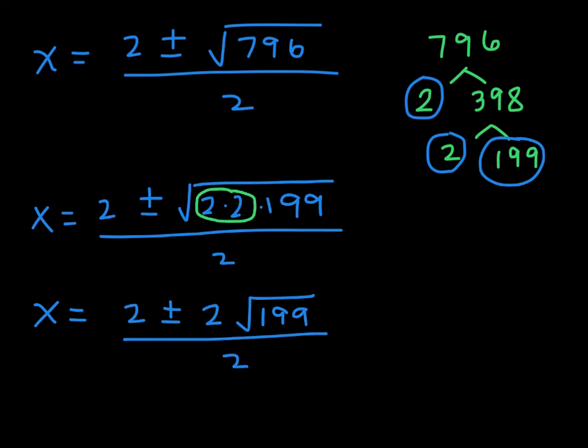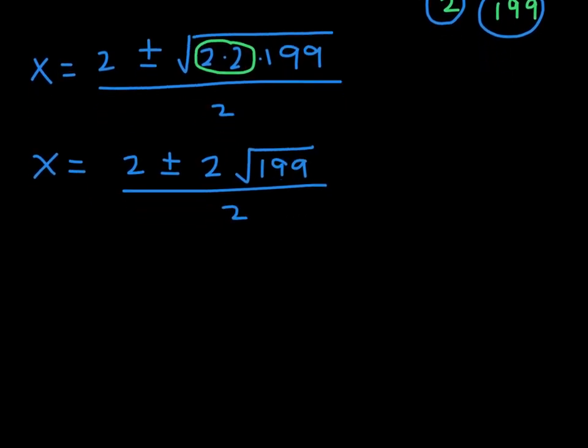Notice that everything is divisible by 2, so we are going to divide by 2, right? So this term is divisible by 2, this is divisible by 2, and this is divisible by 2. So I'm going to divide everything by 2. So x is equal to 1 plus or minus the square root of